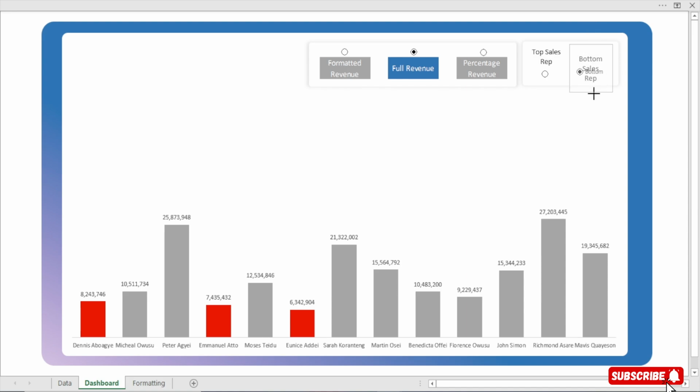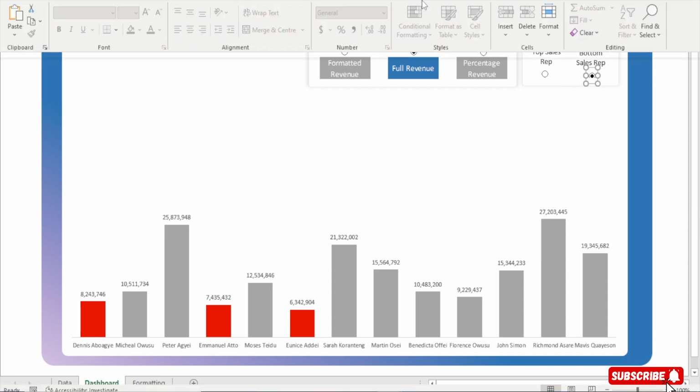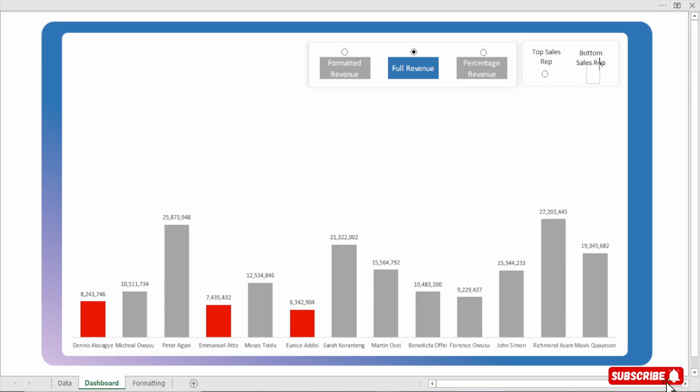And then when you come here, the sales rep, you are going to make sure it will be on the same line as the sales rep, right? Perfect. So I'll select it, delete the bottom so that we'll be left with only the button like this. Okay, perfect. So this is what I want, right?